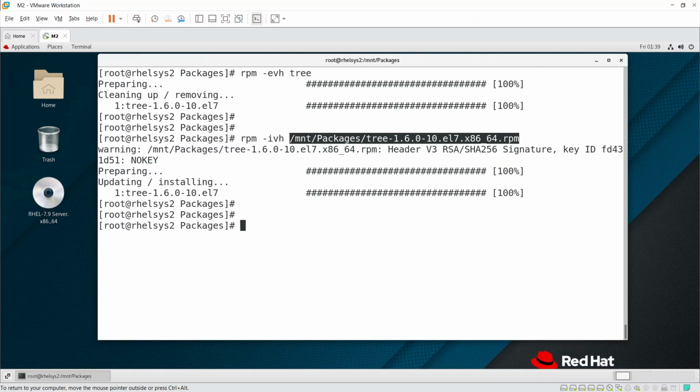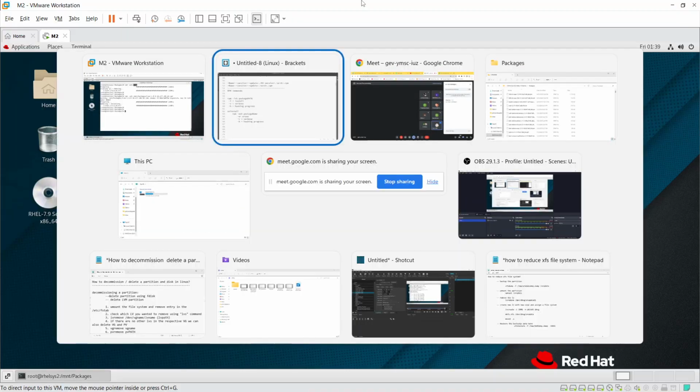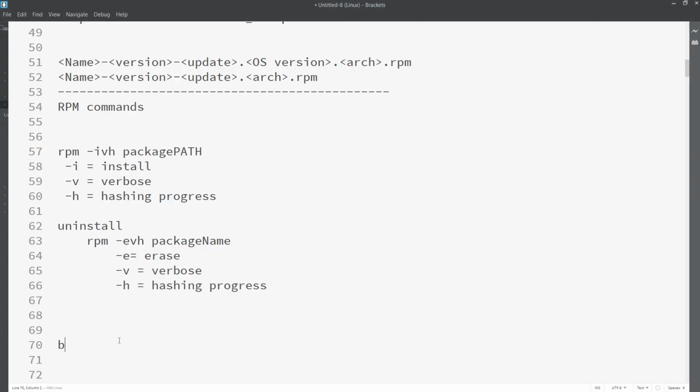If you want to uninstall, we don't need to give the complete path. We just give the name of the package. Why the name of the package? Because it will use the Berkeley database in Linux. Internally there is a Berkeley database.